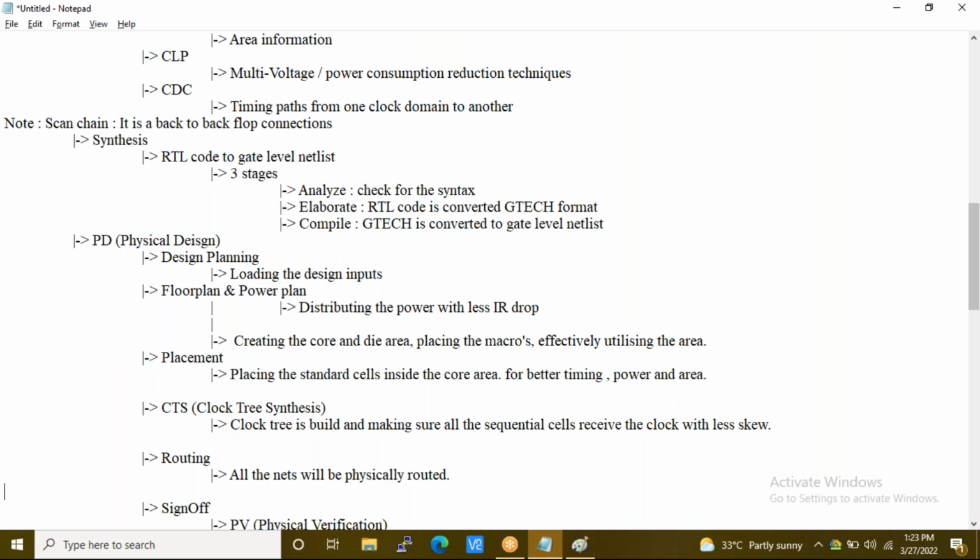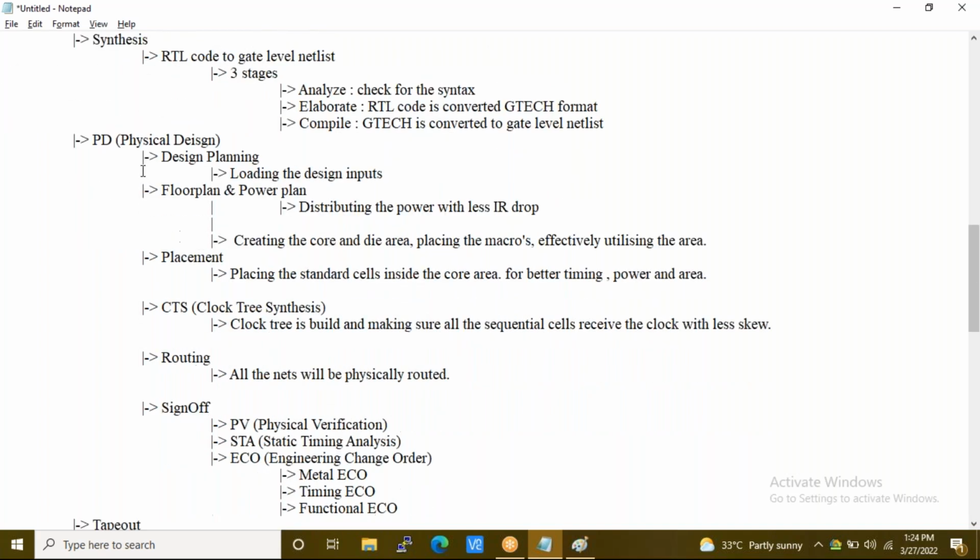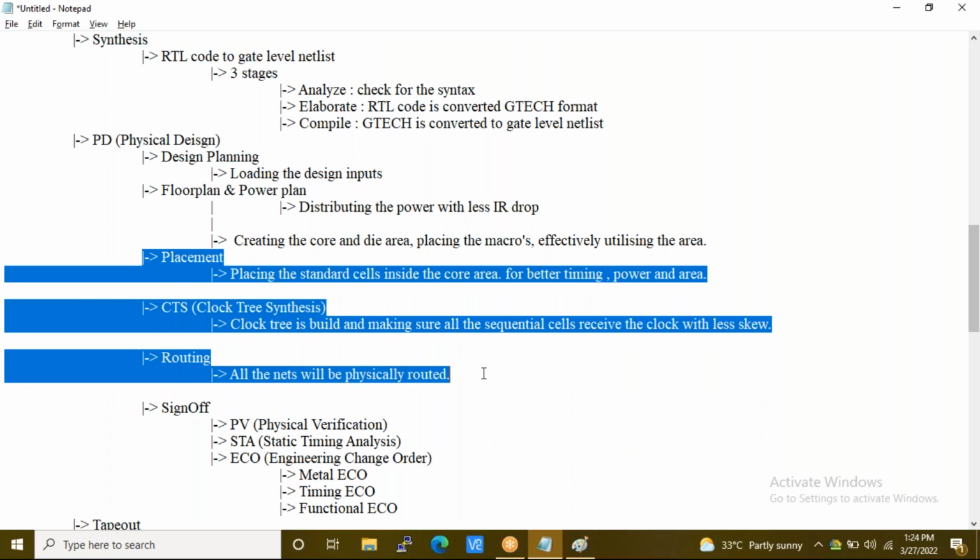Okay, moving to the next step. This is what sir was telling, PNR. You will be focusing on placement, CTS, and routing.